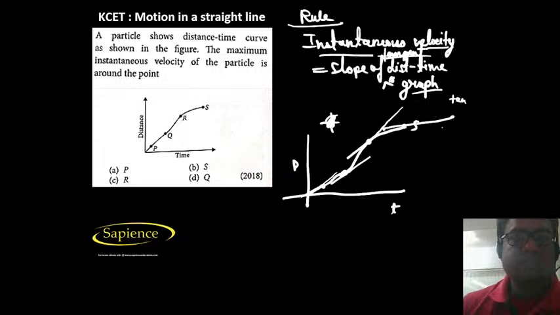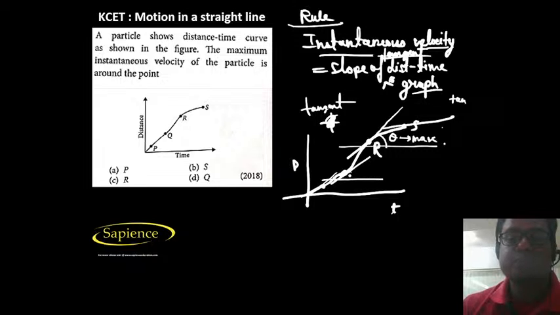So the highest slope that the tangent is making is at the point R. At point R only, the tangent to the curve is making the highest angle with the time axis. So this theta is maximum, but this is less than this. These angles are obviously lesser. So therefore at point R,